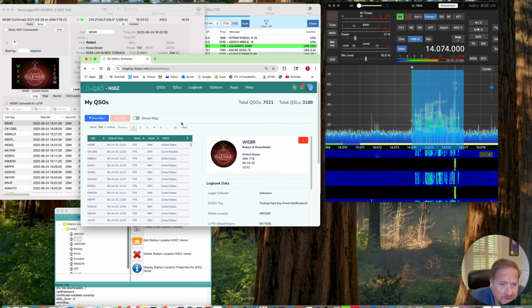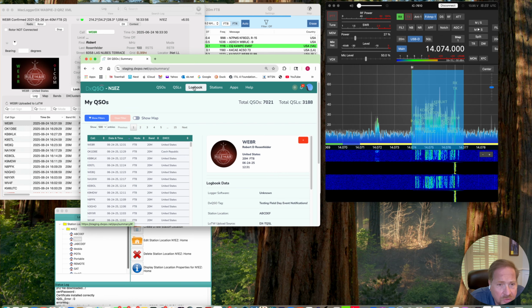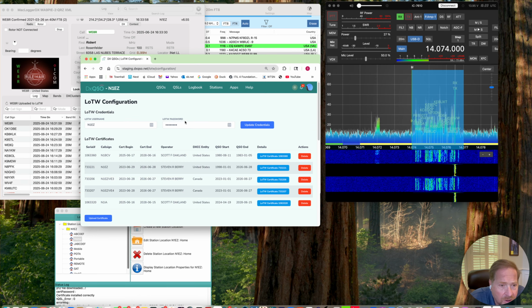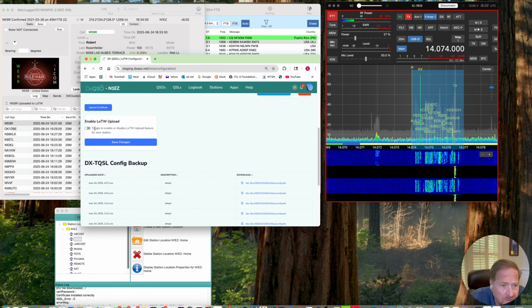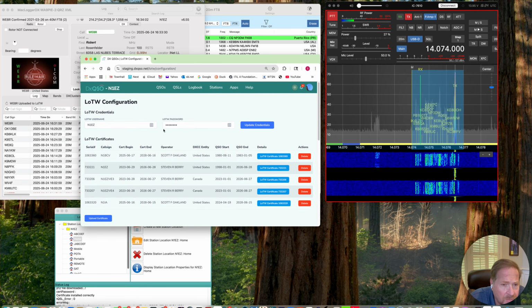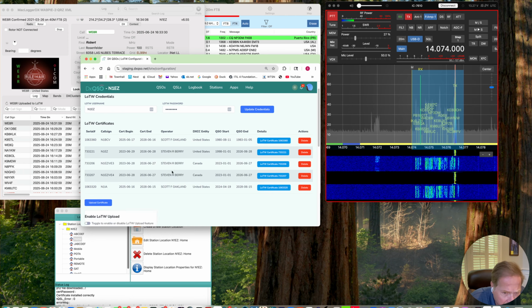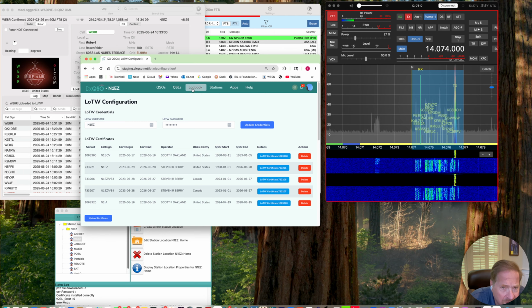And then if I want to send this data in the future, by the way, to LoTW, all I'll need to do is configure this, turn this on, and enable LoTW. I want to make sure I have a certificate loaded, which I have plenty of. I have all these right here. These are some of my test ones, but